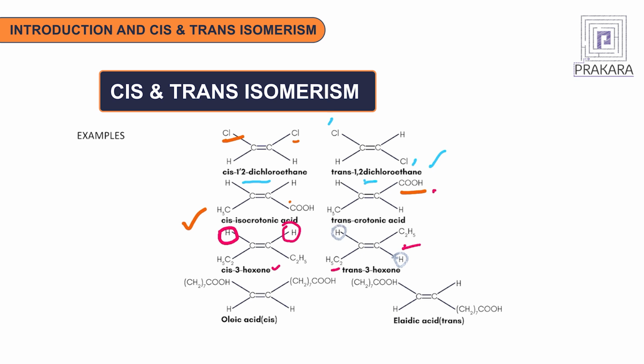Now, the last example mentioned here is oleic acid. Oleic acid can also have two isomers. The cis form is called oleic acid, in which both the hydrogens are present on the same side, whereas the trans form is regarded as elaidic acid. Same molecule, same structural formula. If you see the number of atoms and all, that will be the same, just the difference is in the arrangement of the hydrogen atoms. If it is on the opposite side, we give it the trans form. So here